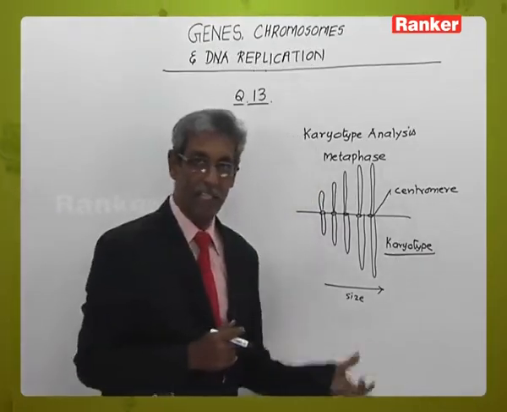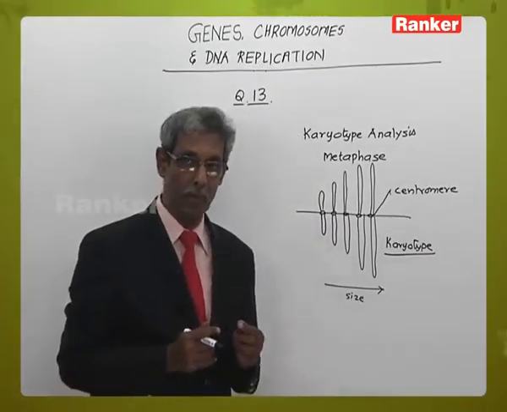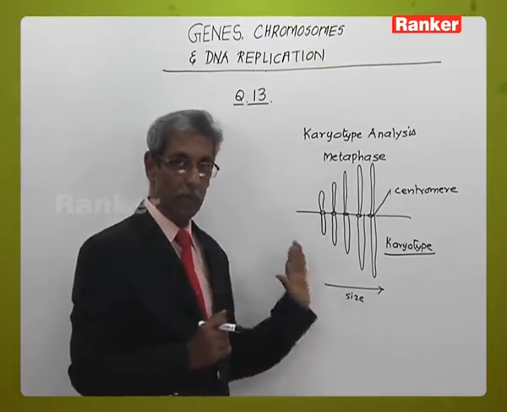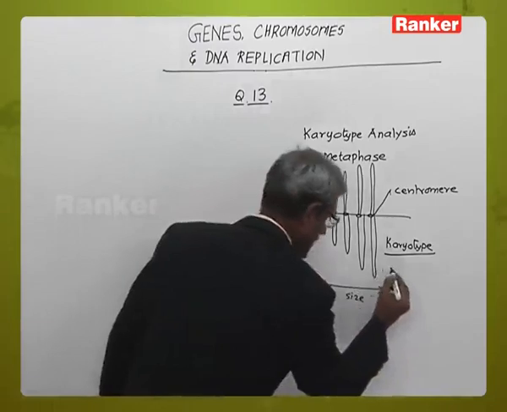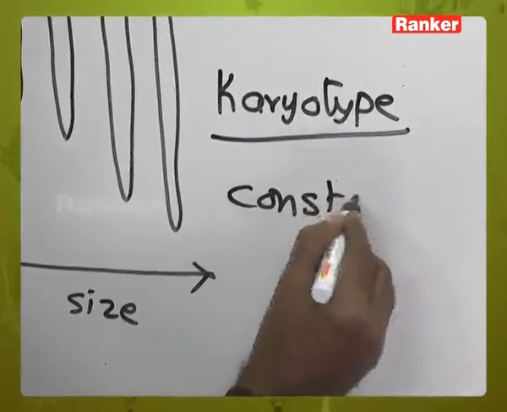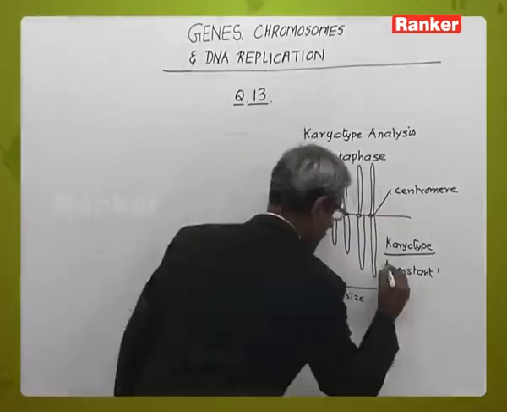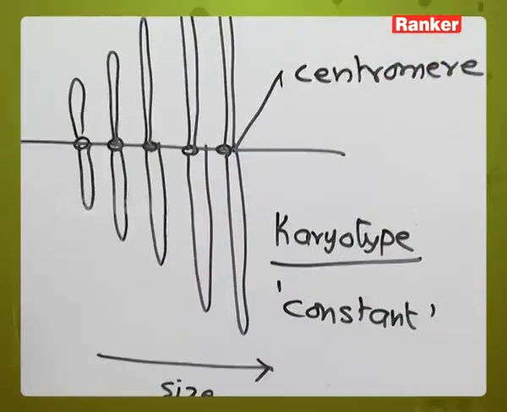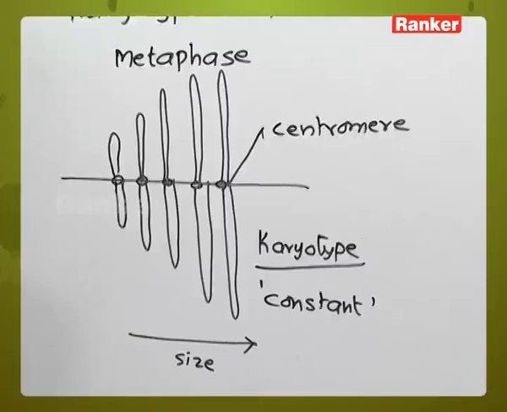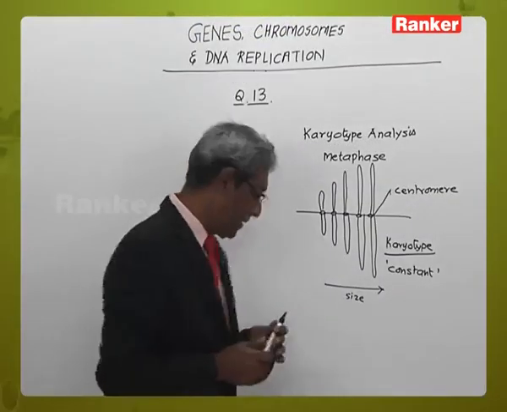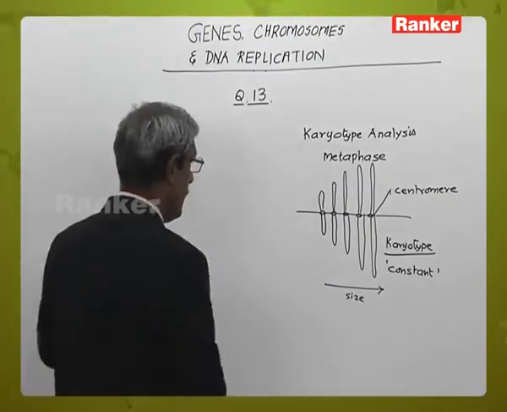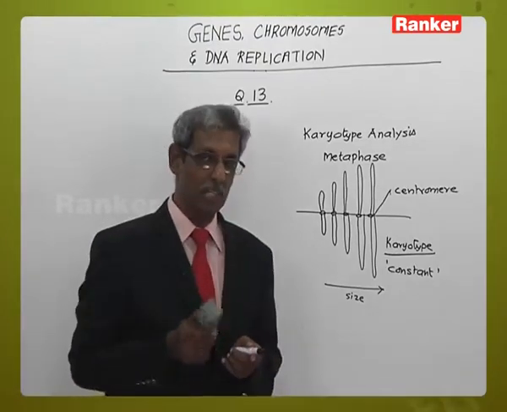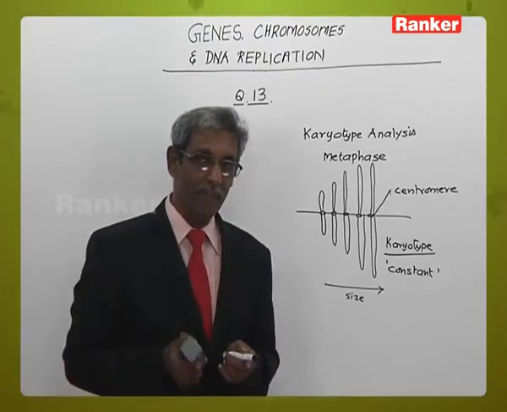This forms the basis for counting the number of chromosomes in any particular species and arranging the chromosomes according to size, which is a constant. So, karyotype analysis has been done in many plants and animals, including higher organisms. And any chromosomal abnormalities, like structural changes in chromosomes as well as numerical changes